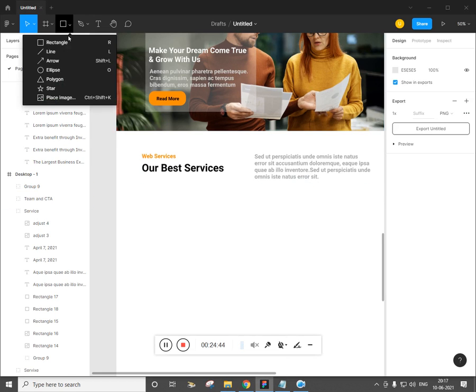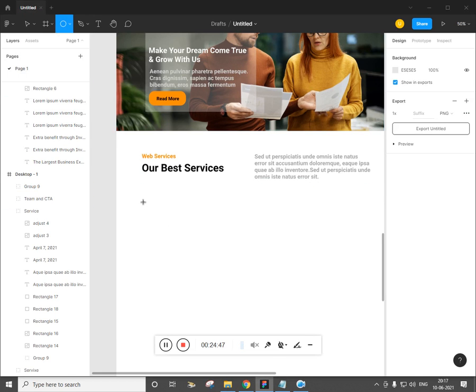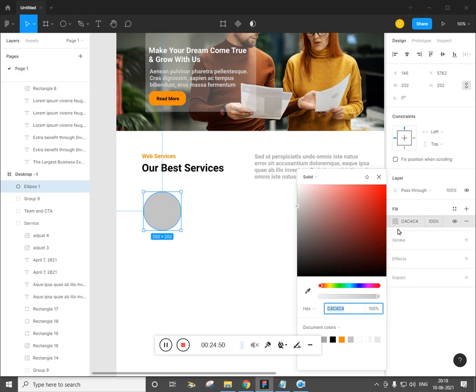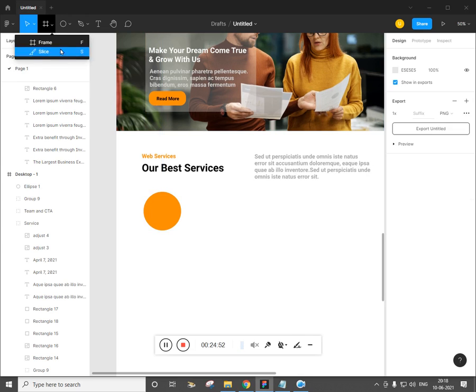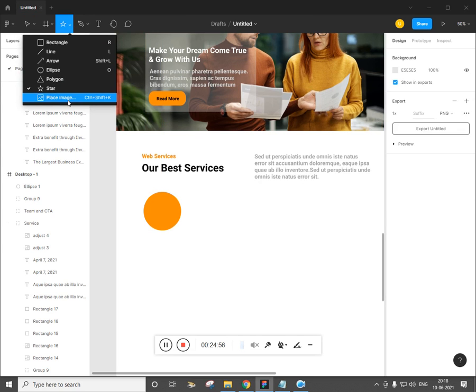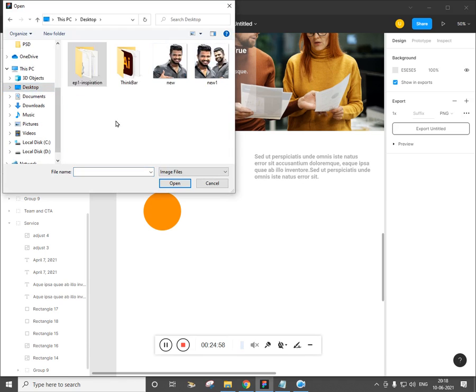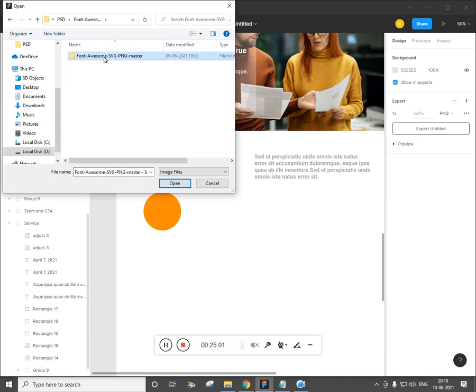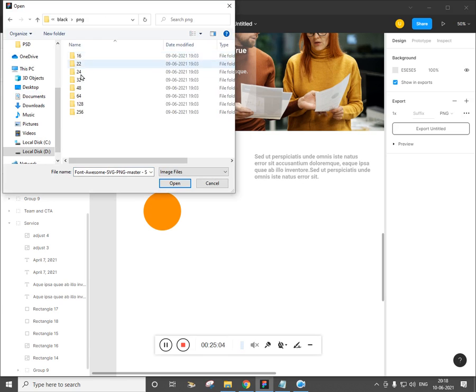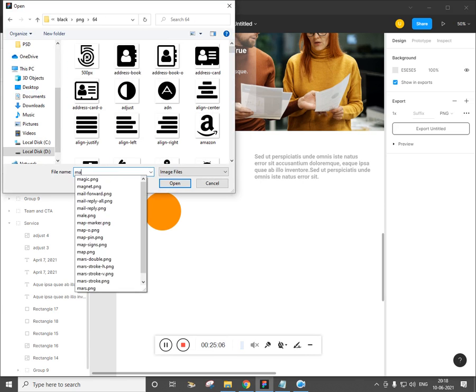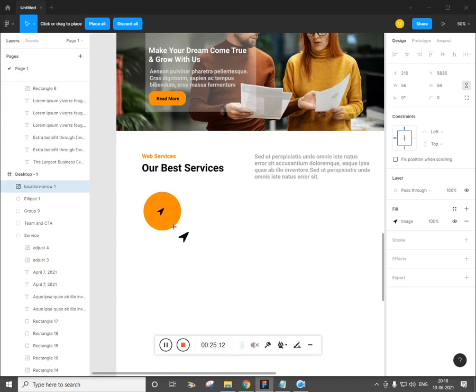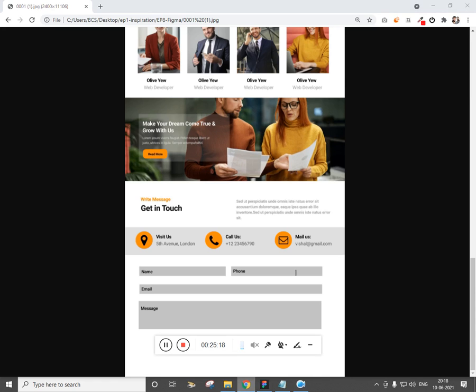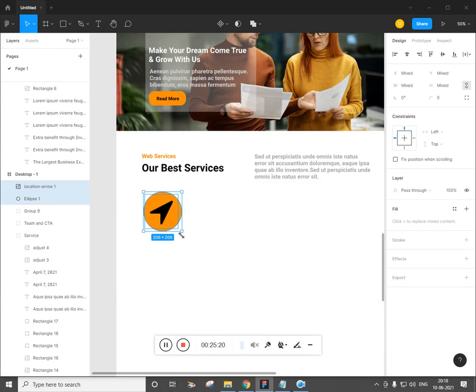And then what we need is an ellipse. Place the ellipse and fill this with our primary color, and inside the ellipse I want to place the Font Awesome icon properly. I'm just going to use one Font Awesome icon, and later on I'm just going to repeat by pressing alt and drag. Marker, so location, just place this properly. This seems to be too big. Make this smaller, group it,